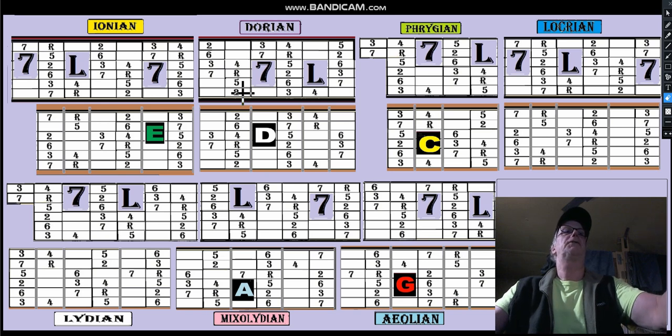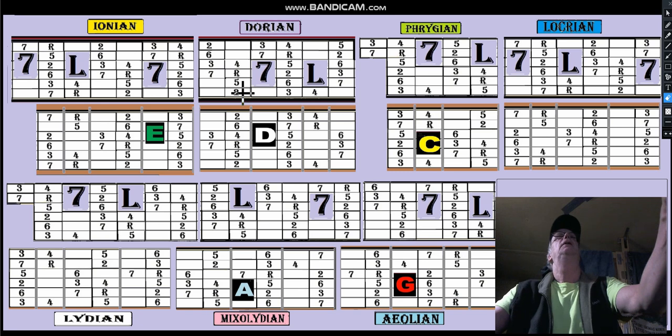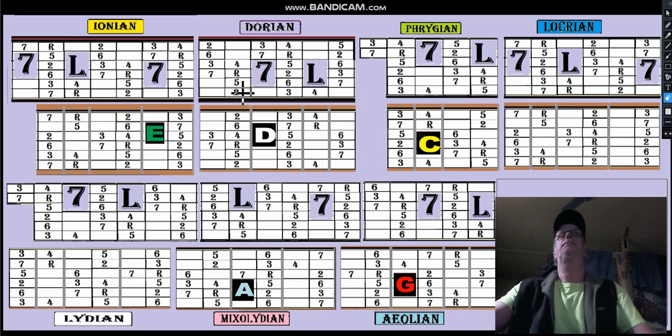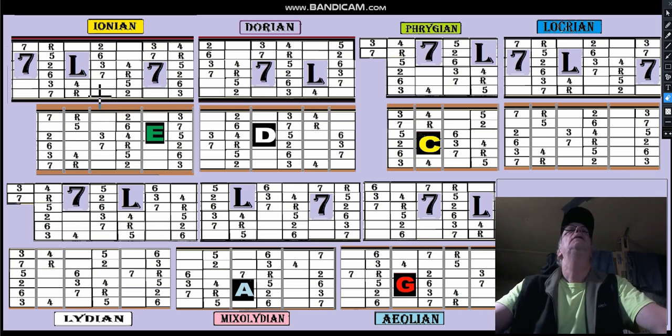Or in E, it's root, 2, 3, 4, 5, 6, 7. Doesn't matter what key. Alright. This includes the 7, but this is where this is happening. So on this one, the Ionian,